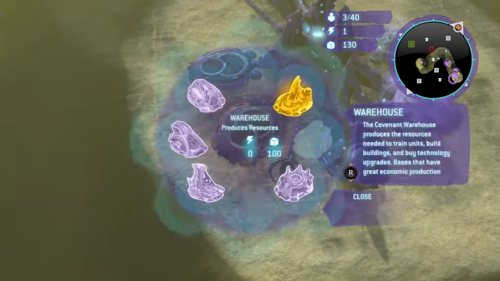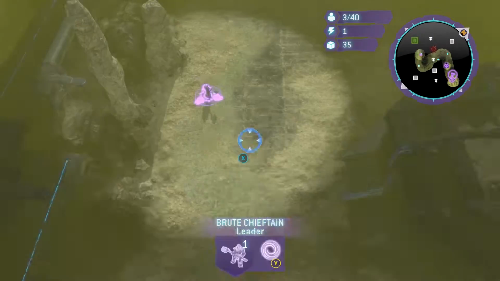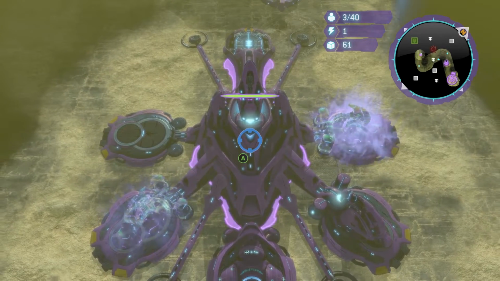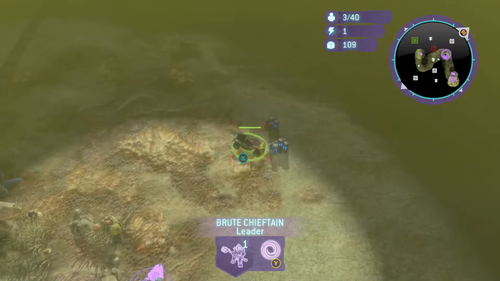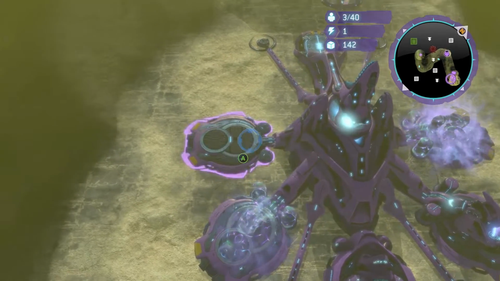A little side note here. I purposely avoid my crates at my front because I want my brute to be able to pick them up because it's on his way. You can see he'll pick up the crates on his way, and it's actually better for me to get more money while I'm on the other side stealing his crates. But anyways,